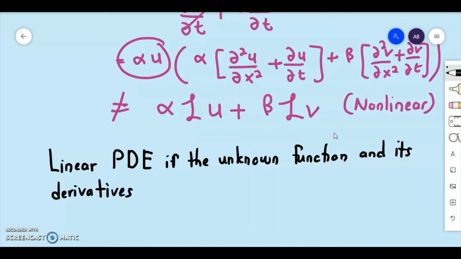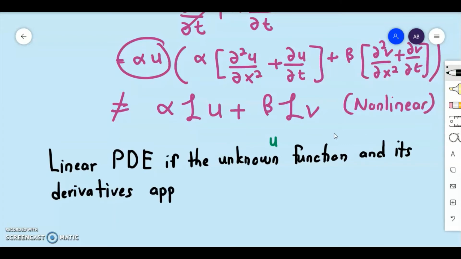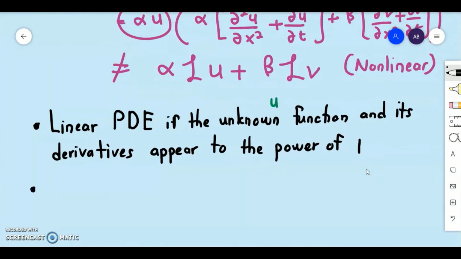In this case the unknown function that I mentioned here is your U function. Okay, and then it becomes nonlinear